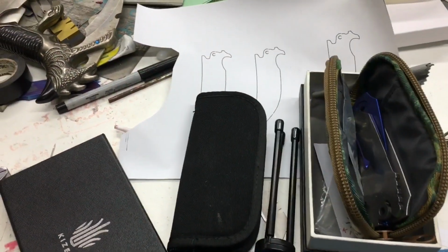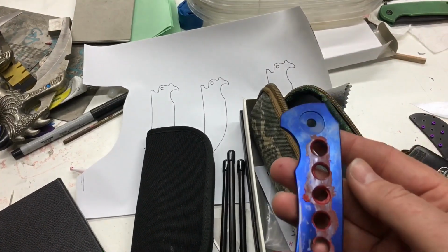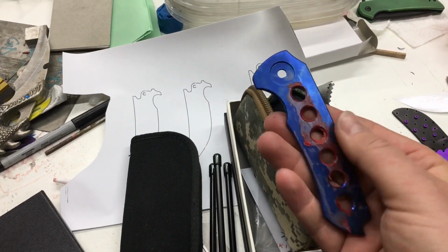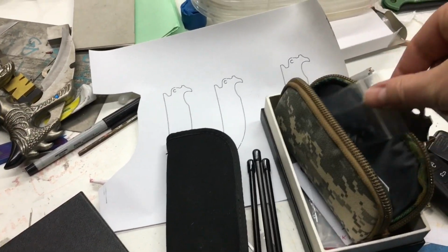All right, good morning, guys. So I just wanted to give you an update. Yesterday, I did not get that video posted. It kept ending in errors. This is going to be the next auction knife. I actually started on it. It did not end up the way I wanted. I was trying to mask off some stuff. This is a Kaiser